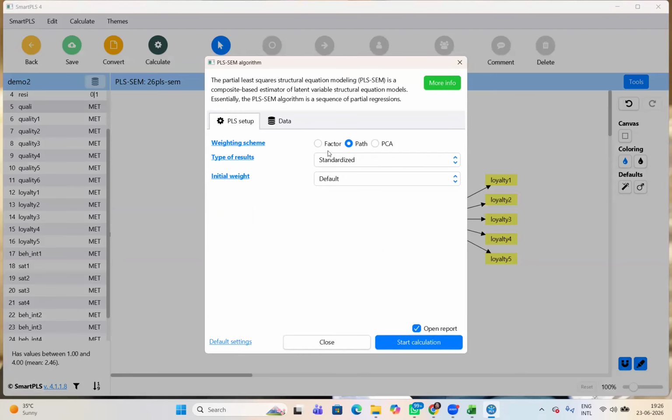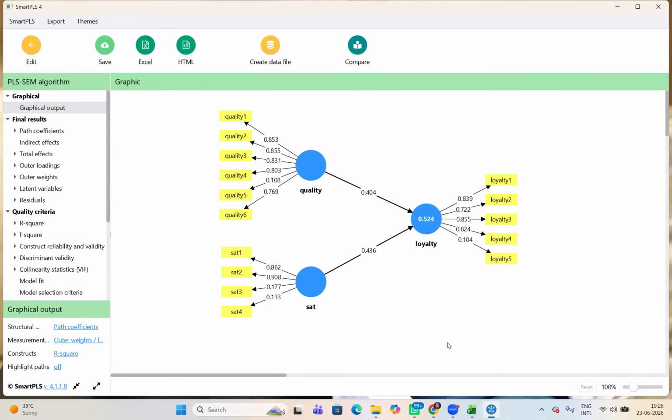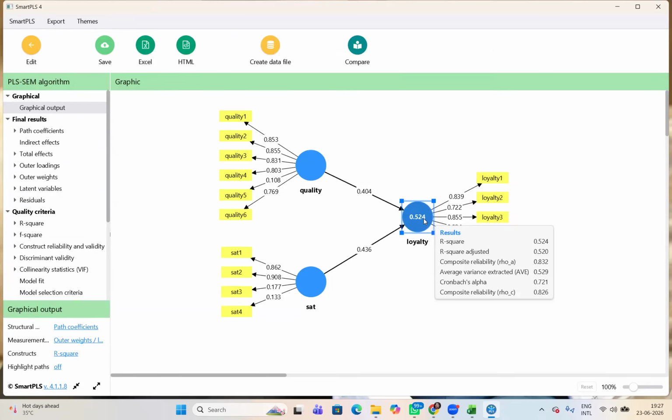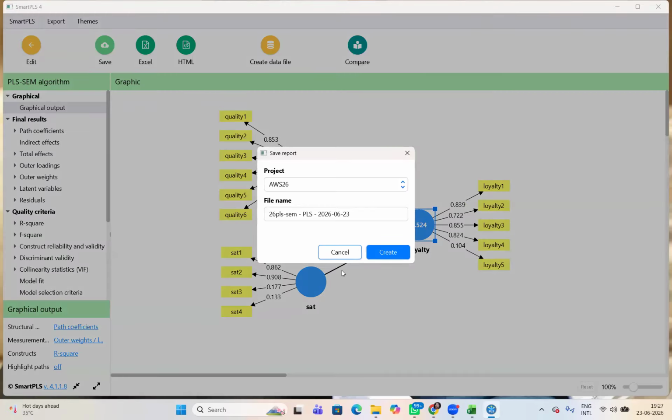Can I ask a question here? There are options: factor, path, and PCA. By default, path is already selected. Okay, then start calculations. Can you please repeat? Okay. So what I have done: let me save this, otherwise we lose this.